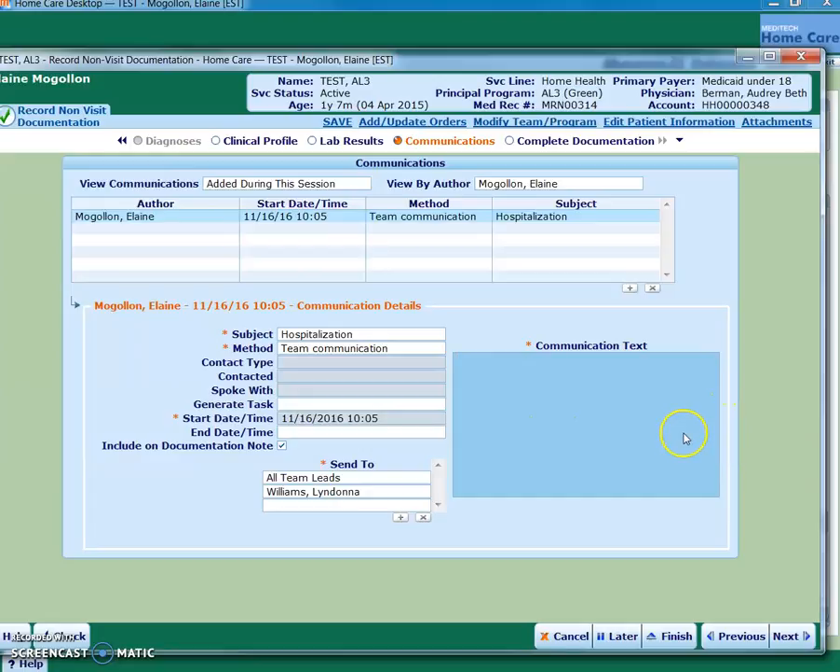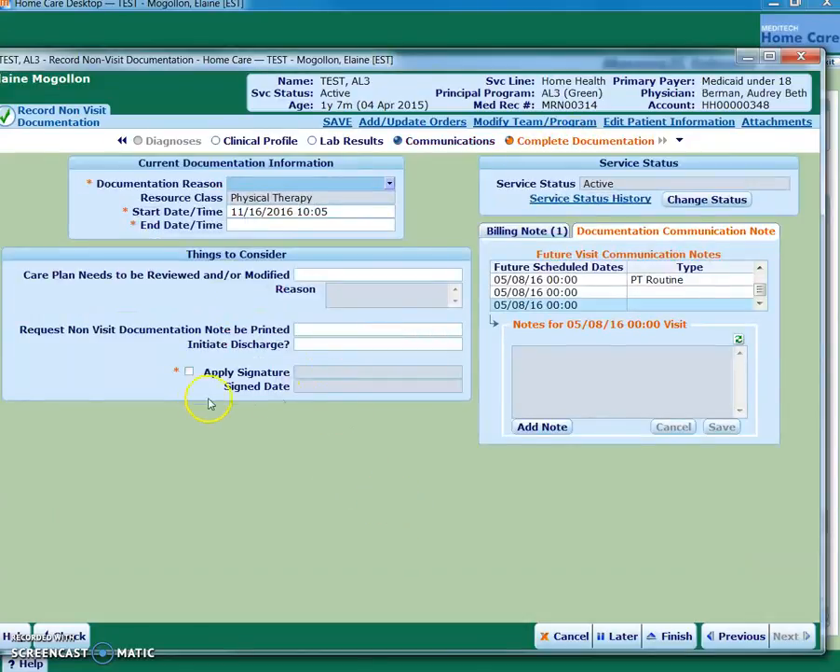And in the communication text, you can document the specifics of the hospitalization, as well as how you actually communicated that: informed an RN and supervisor via click that patient was hospitalized as per mother. That's what you would write in the communication text. So you don't need to go to the documentation page. You can come straight here to communications, document the communication, and then come to the complete documentation page and then just apply your signature. So that is how you can choose your documentation reason. So hospitalization, apply your signature, and then you can hit